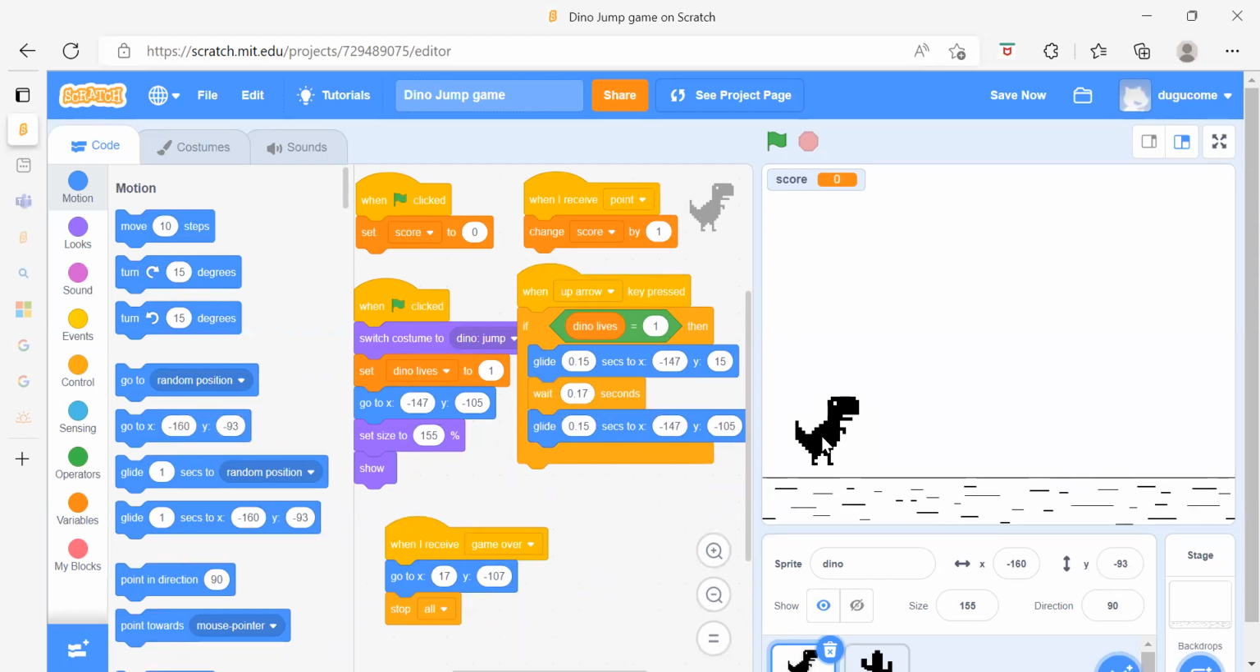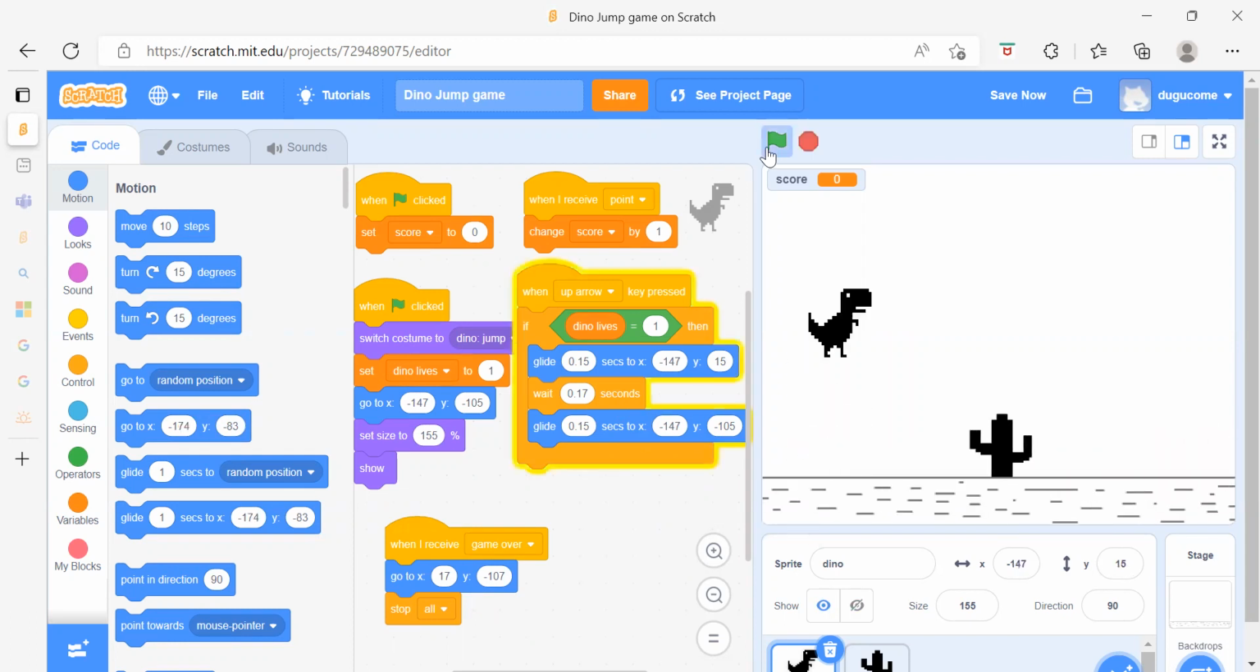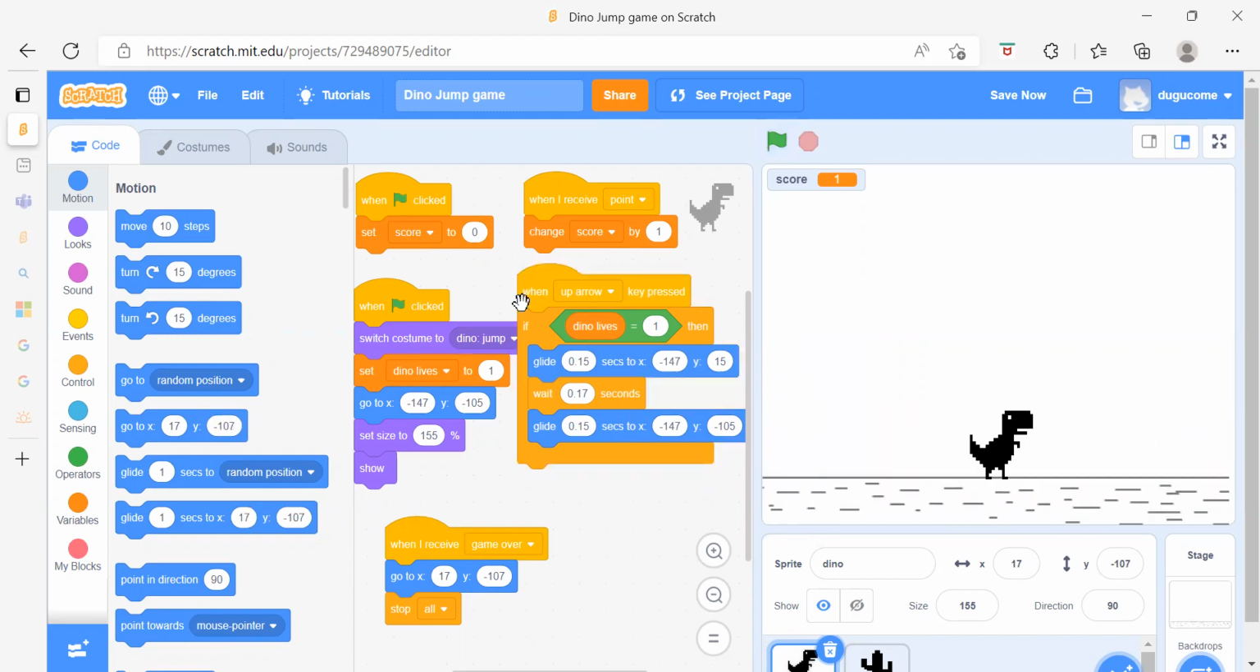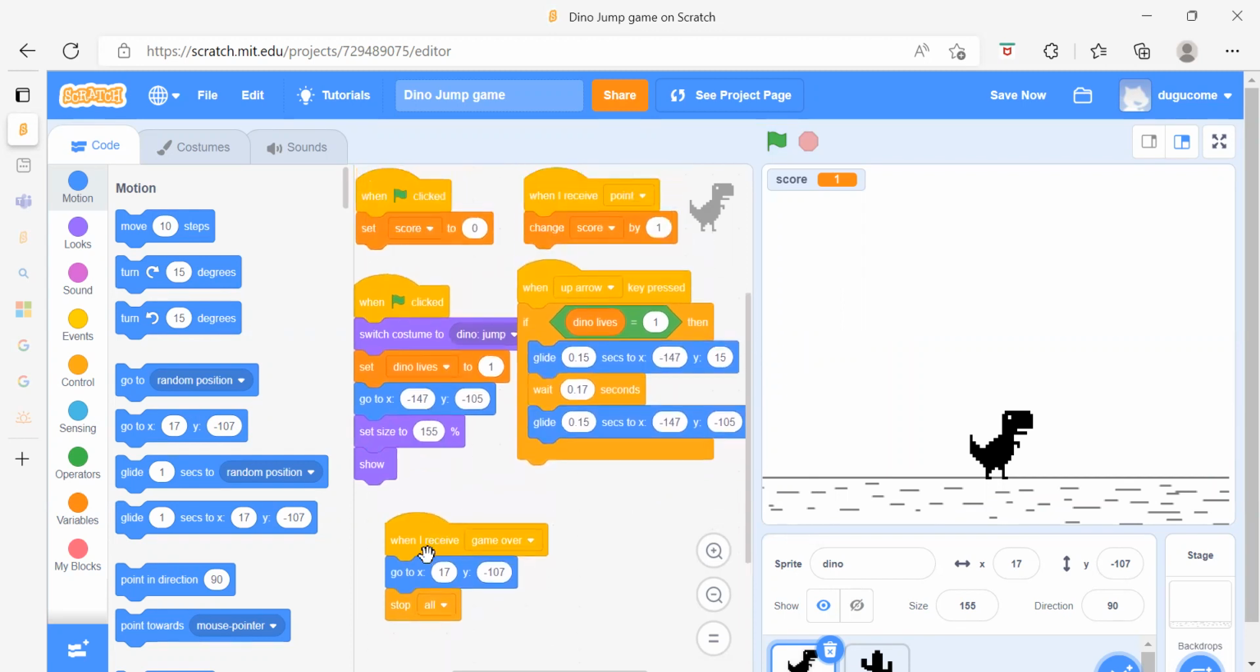Again, we want to glide to the downside. Okay, now see, we want to glide from up to down. So this is when the up arrow key is pressed. After that, when we receive the game over, we have to go to this position, means